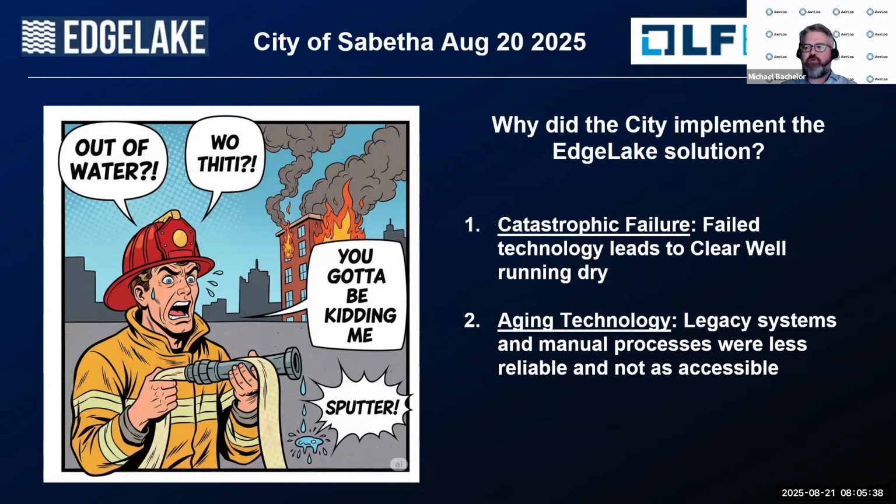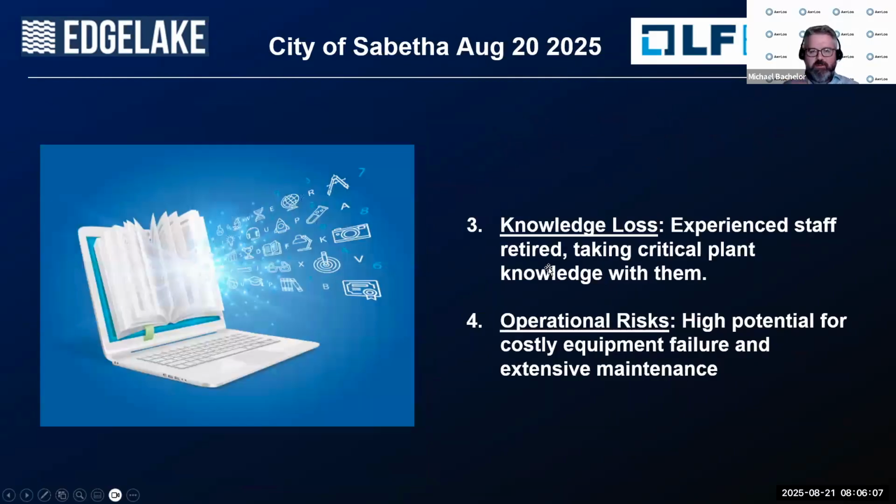So it was a perfect storm that led to the clear well going dry, which is what supplies water to the town. If there would have been a fire, the firemen would not have had any water coming from the hydrant. So it categorizes as a catastrophic failure. That's not a common thing, but it certainly triggered this as a need to stay more on top of our infrastructure. And so that and the aging technology drove this. That knowledge loss that comes from retired resources had a whole lot to do with that as well, as I had mentioned. So we have that we need to work with and give an assist.